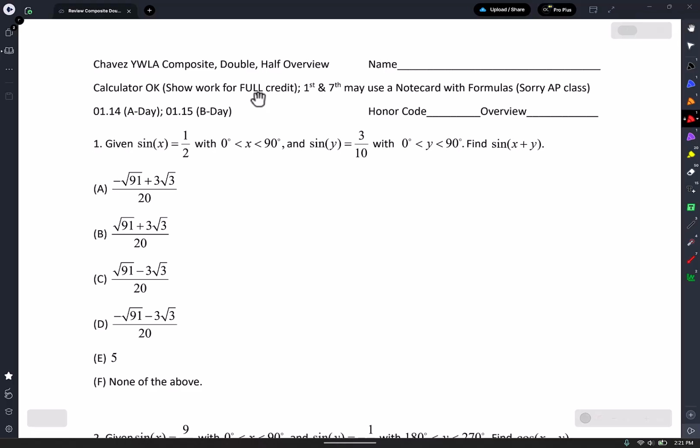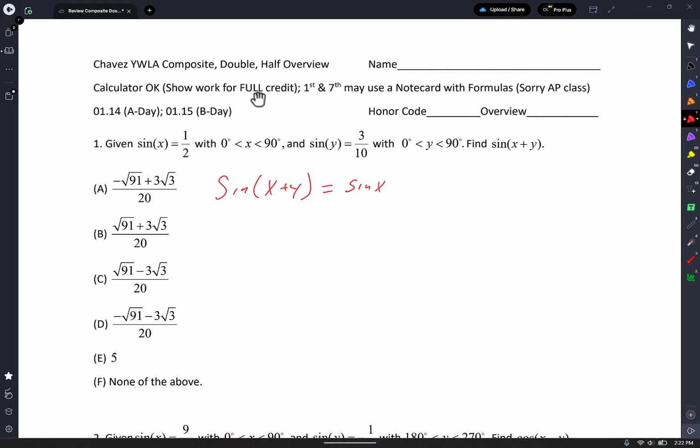Let's look at question one. It says, given sine x is a half and that x is in between 0 and 90 degrees, then sine y is in quadrant 1. Find sine x plus y. Well, first and foremost, do you know what sine x plus y is? So I'm going to write, sine x plus y equals